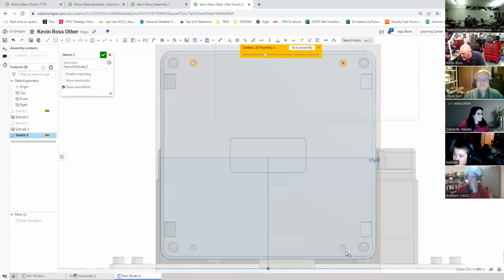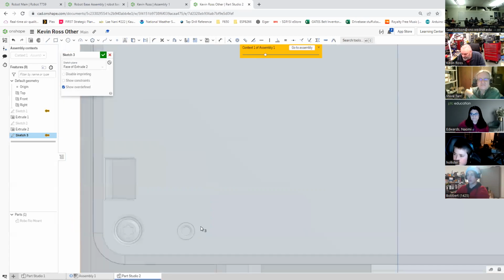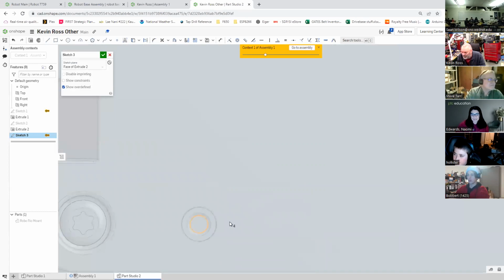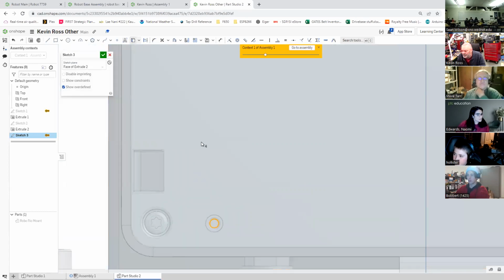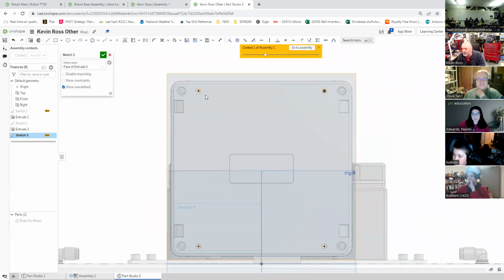And I want to project. Oh, well, I'm not projecting at the moment, but that's okay. For some reason, it's not letting me pick the circle. All right. We'll get the center of that circle, and we'll get the center of this circle. Those will be close enough. And I need to project all those. There they go. So now I've got the screw holes, or the centers of the screw holes,